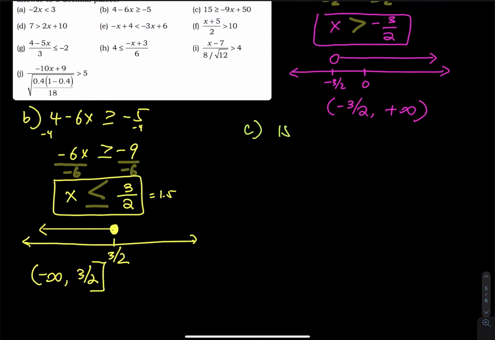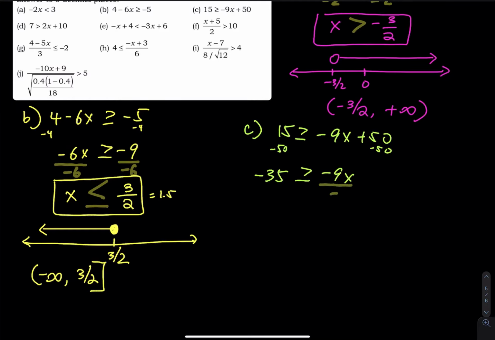15 is greater than or equal to negative 9x plus 50. So let's put the x on the left. First we have to get rid of the 50, so we subtract 50 on both sides. 15 minus 50 is equal to negative 35, greater than or equal to negative 9x, 50 minus itself is gone, and then you divide both sides by a